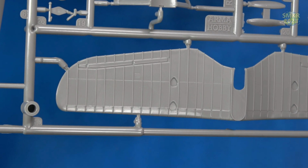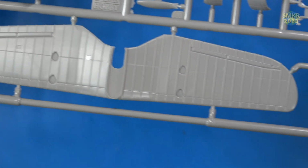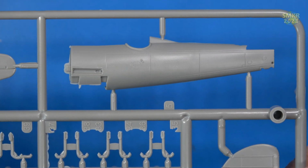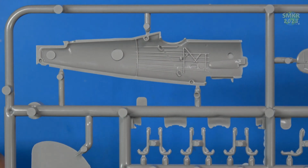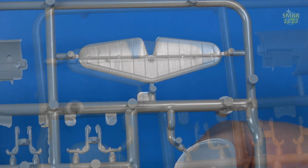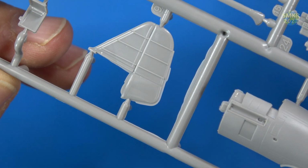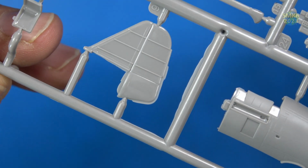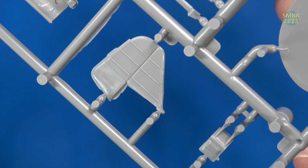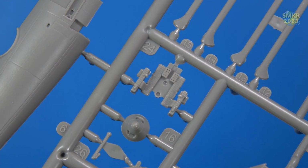The lower wing, the fuselage, the inside of the fuselage, horizontal stabilizer, again the horizontal stabilizer, vertical stabilizer, and you'll see it does need some cleanup, and the other side, a little bit of a sink mark going on there. Pilot seat, parts of the internal floor, the prop spinner,